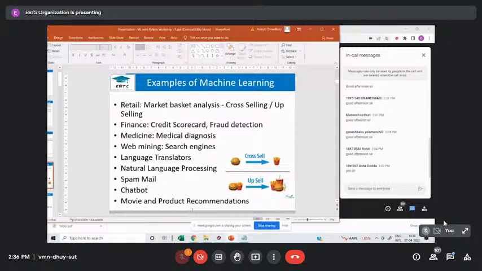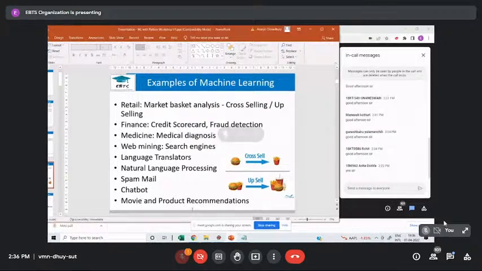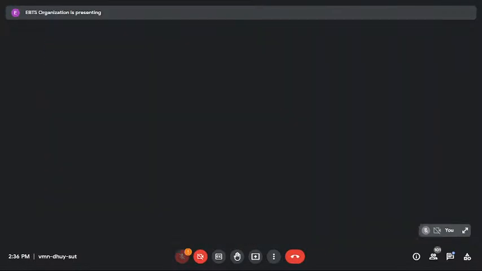Then you talk about movie recommendations. Very classical example. You go to Netflix, you go to Flipkart, you buy a product, you buy a movie. They recommend you some movies. They recommend you some products. From where does the recommendation come? That recommendation is coming through a machine learning algorithm which is running in the background, because it is able to predict the movies that you're likely to see based on historic data, also based on your profile.